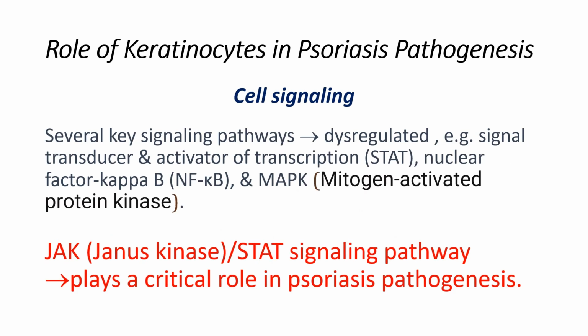As regards cell signaling, the signaling pathway is a key regulator of psoriasis, affecting various biological processes impacting both immune cells and keratinocytes. Several key signaling pathways are dysregulated in psoriasis, including the signal transducer and activator of transcription, STAT pathway, nuclear factor kappa B, and mitogen-activated protein kinase, or MAPK pathways. Among these also, the JAK Janus kinase STAT signaling pathway has been identified as playing a critical role in psoriasis